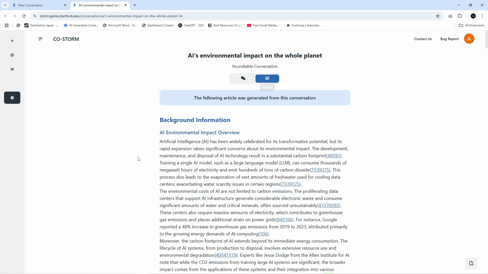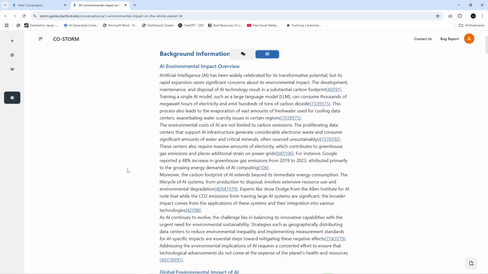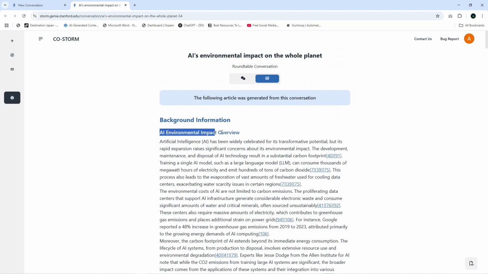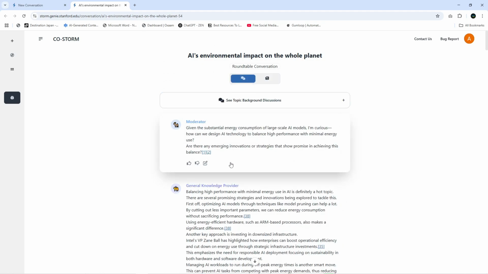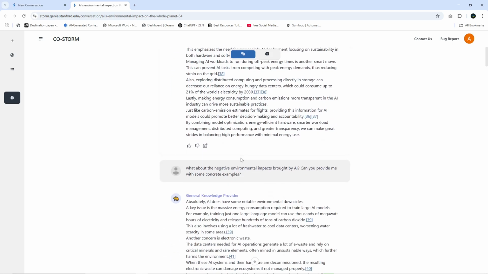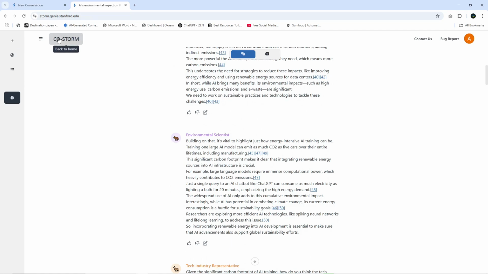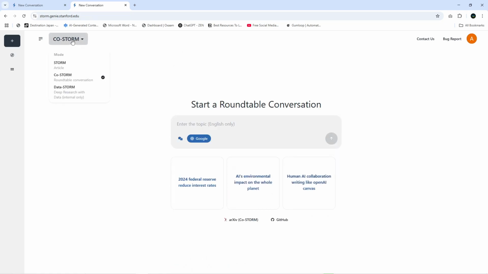Okay, so in this article you can read about AI and the environmental impact. And then in the conversation there are different types of perspectives, like how we can use AI models to bring change in our energy, in our planet, in our environments. Okay, so that's how you can use this site, Stanford Storm, from Stanford, to work on your research paper,